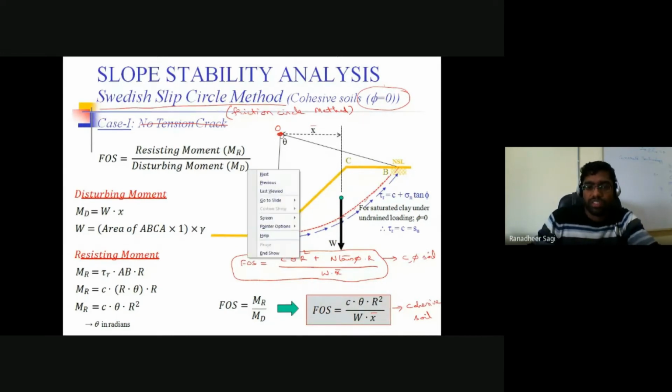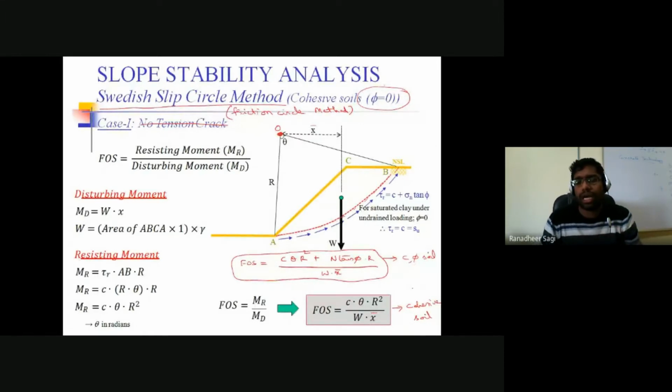So, if the soil is a c-phi soil, or if the soil contains only cohesion. The other third case, soil purely containing the angle of shearing resistance, would not arise, because the soil we are talking about would be purely cohesionless, with only the phi parameter where the c value is equal to 0. With such a soil it is not comfortable to construct an embankment or an earthen dam. So that's the reason why we don't talk about the third case.